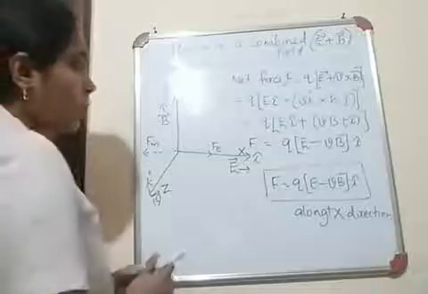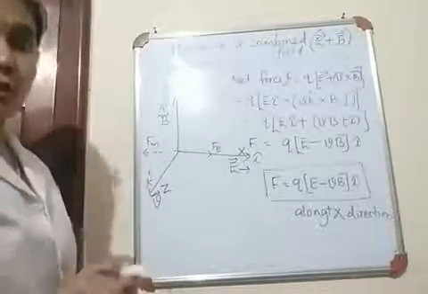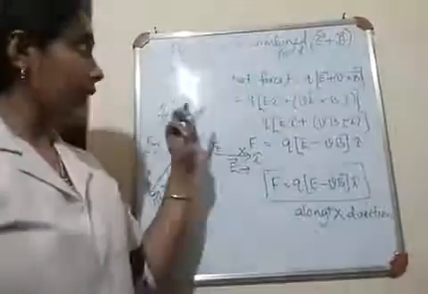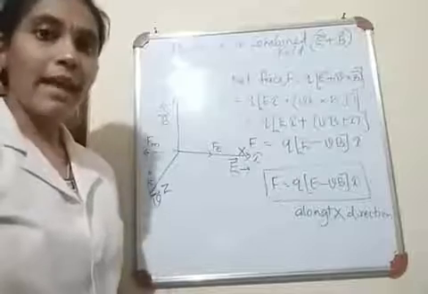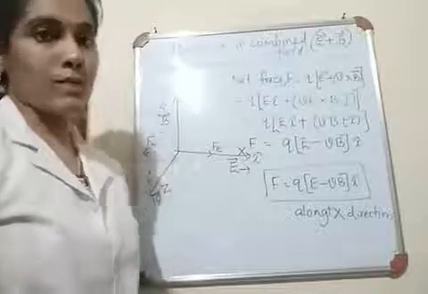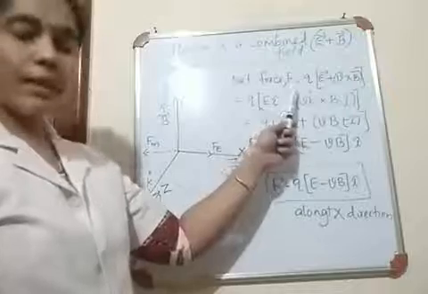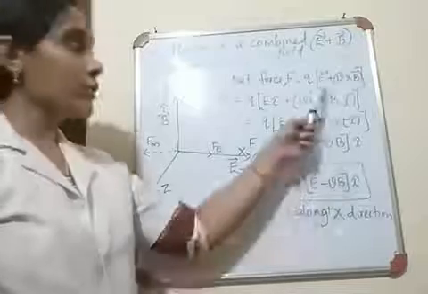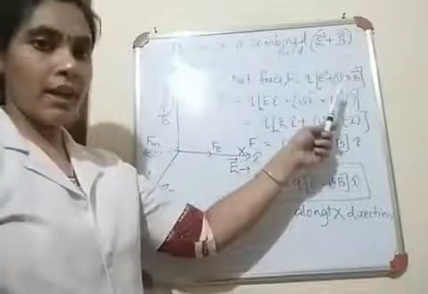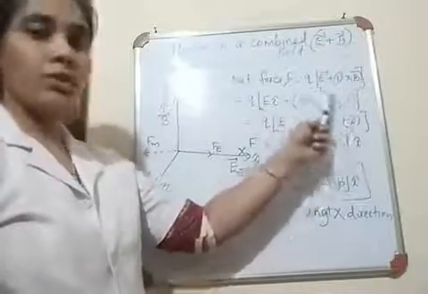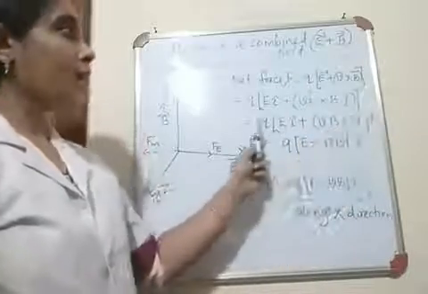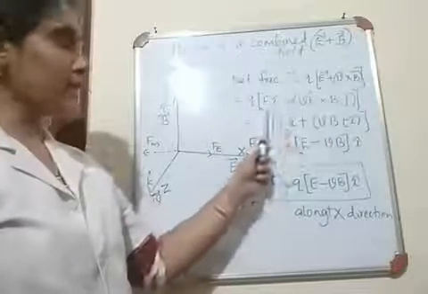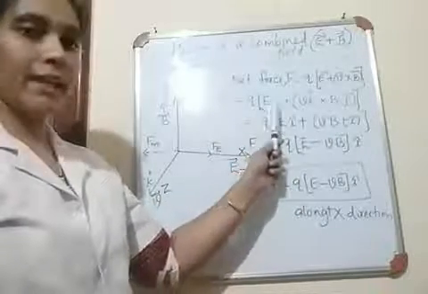Okay, children. Now, what is the net force acting on that particle when it is in a combined field? What is the expression for the net force? So here the expression for net force is F is equal to q into E plus v cross B. We should consider the electric field here. So we are using this expression q into E plus v cross B. Now instead of vector E, you should represent vector E like this. Vector E is equal to E into i cap.